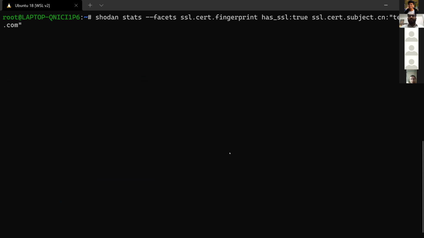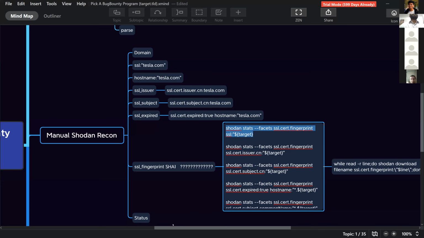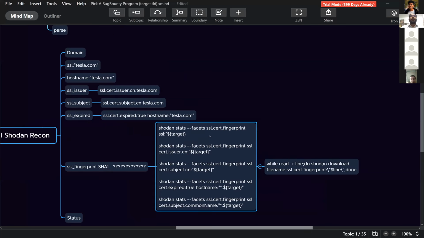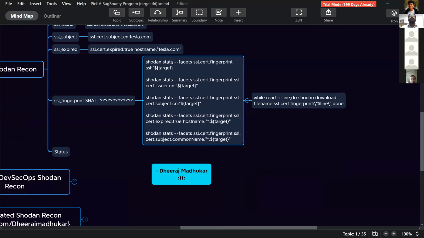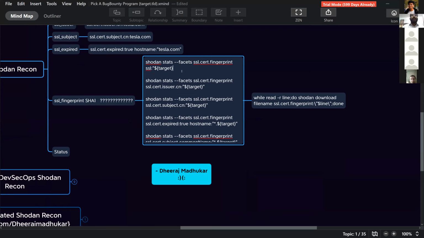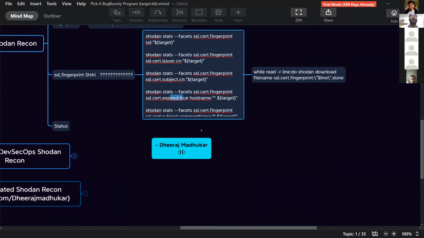We can collect those queries and execute them like this. I can show you something like this. We have shodan stats with facets: ssl.cert.fingerprint for the first query, which is SSL. The second query is for issuer. The third query is for subject, and the fourth query is for expired certificates. You can also identify the self-signed certificates for that. And the next one is